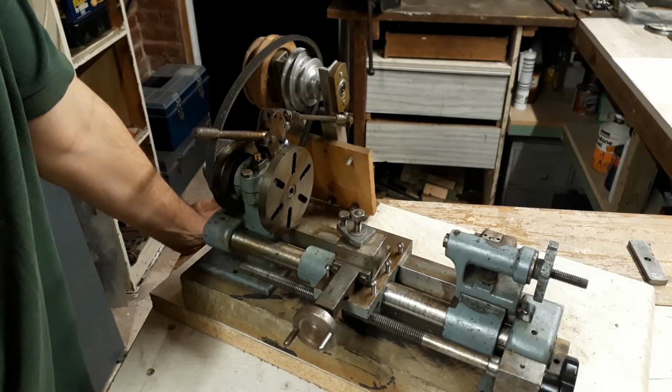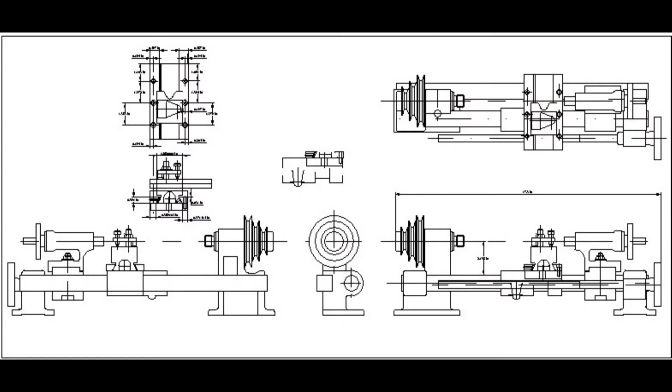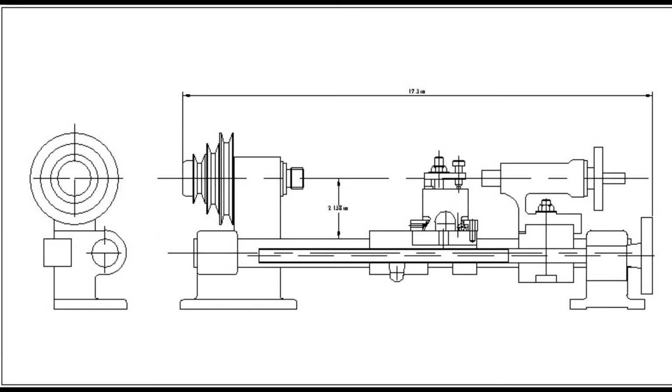and I think it would make an interesting series. I took a little time to measure all the critical dimensions of the lathe and put them into a 2D CAD program. This is really helpful for me because it means that when I'm away from home and don't have access to the workshop, I can still do a little bit of work on the project. It also means that I'm better prepared for when I do go back to the workshop and can use that